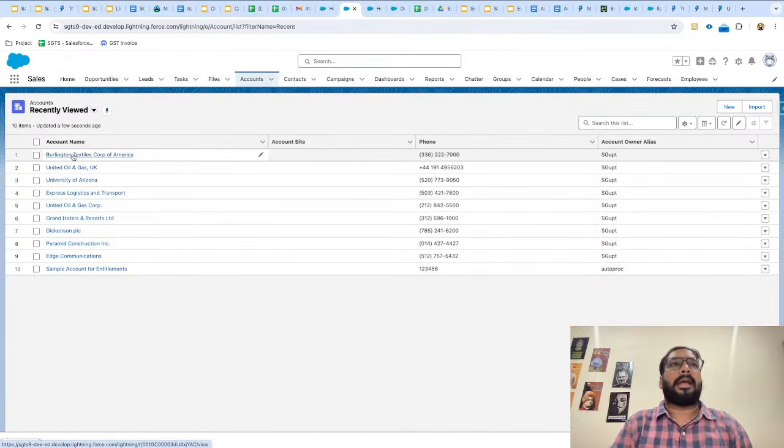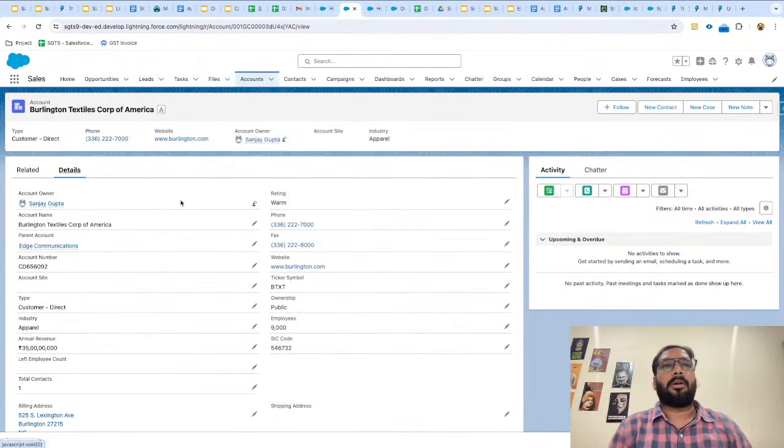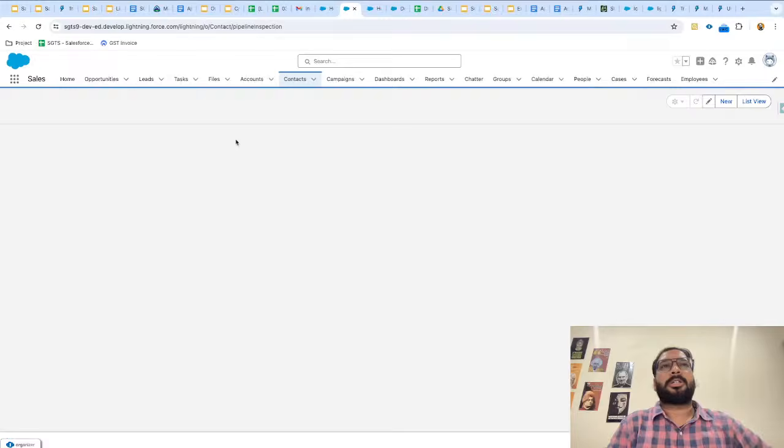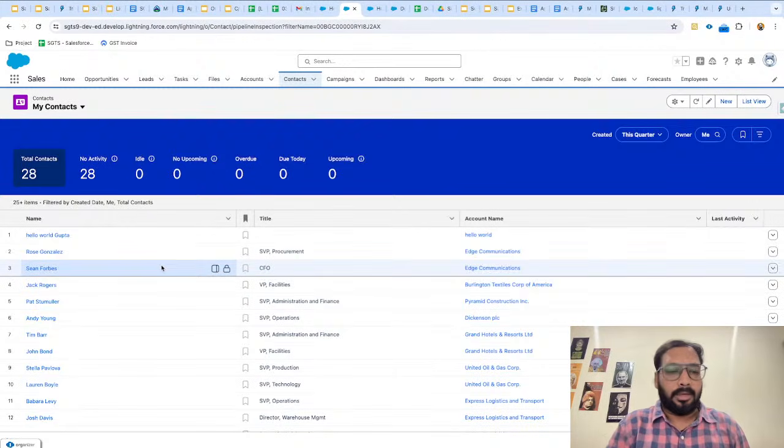Now if I open any of the account records and click on details, I can see all the account related information. As soon as I click on contacts, the accounts information will disappear and I will be able to see the contacts tab and all the records which are available under contacts.